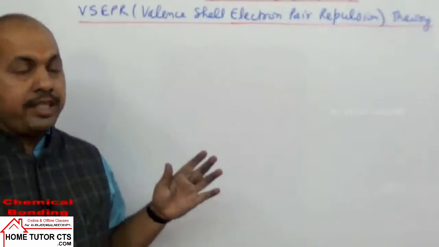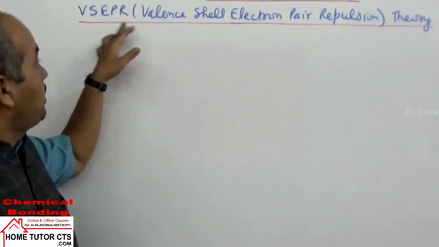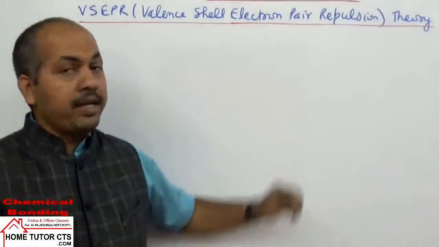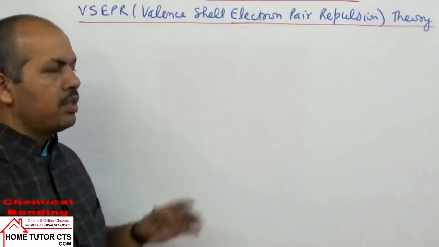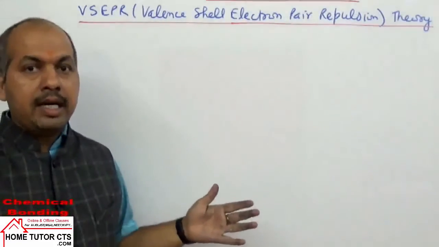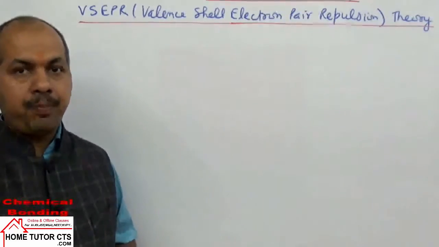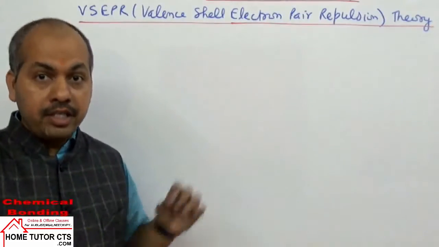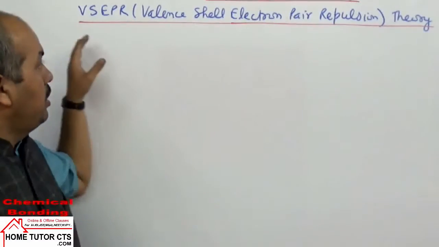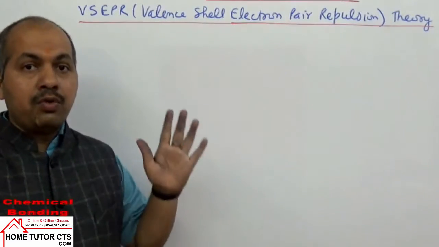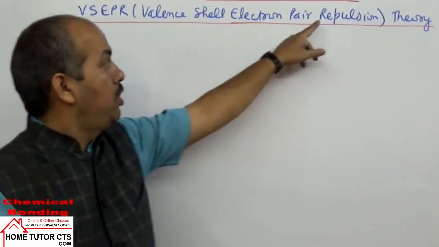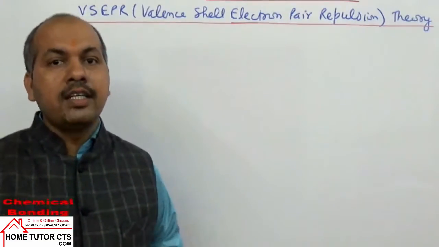Okay, we take next our theory, VSEPR theory, valence shell electron pair repulsion theory. This theory is very important because it helps to know about the shape of molecules, bond angle comparisons, or the bond angle for a given geometry. To apply this theory, it basically depends on the repulsion of the electrons on the central atom.